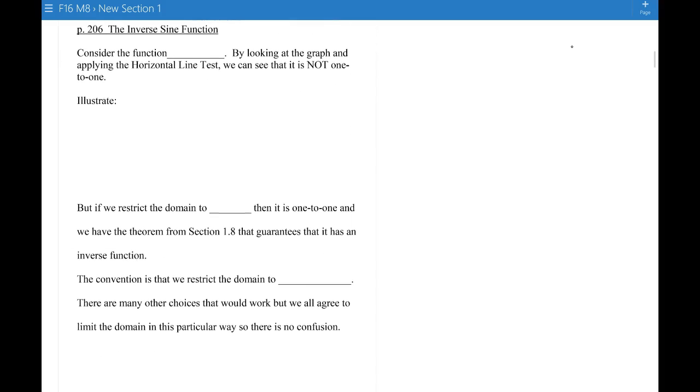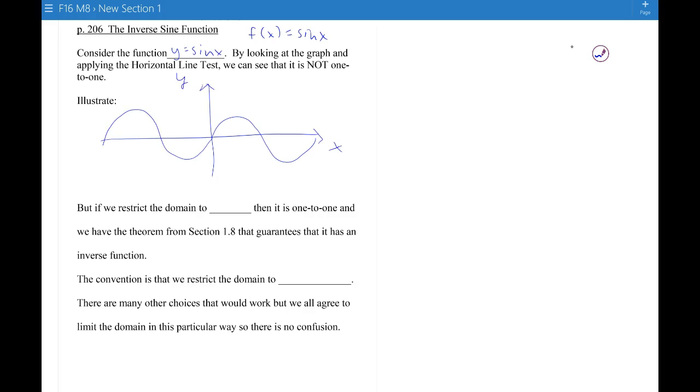So let's talk about the inverse sine function given this idea of restricting the domain. So let's consider the function y equals sine x, which we can also write as f of x equals sine x. Remember, f of x and y always interchangeable. By looking at the graph and applying the horizontal line test, so here's our sine graph, and it continues in both directions indefinitely, right? We can see that it's not even close to being one-to-one. If we apply the horizontal line test, it's going to hit the graph in infinitely many places, no matter where